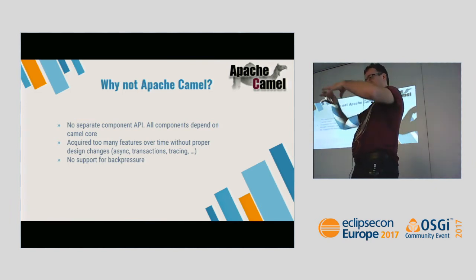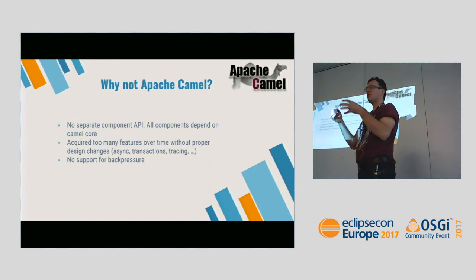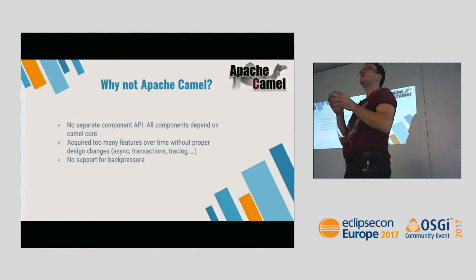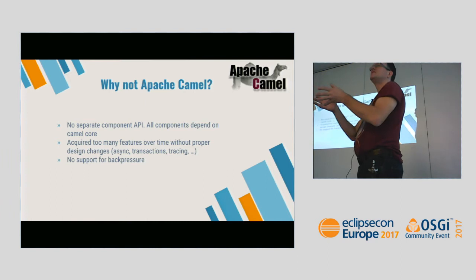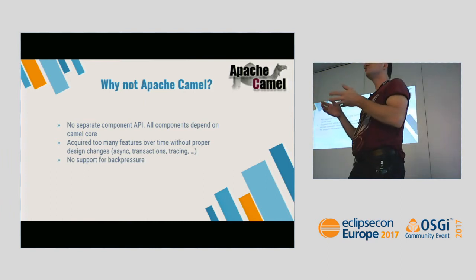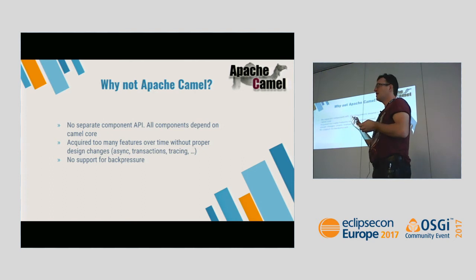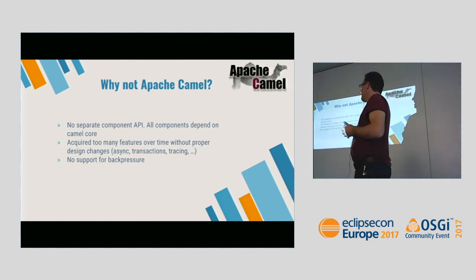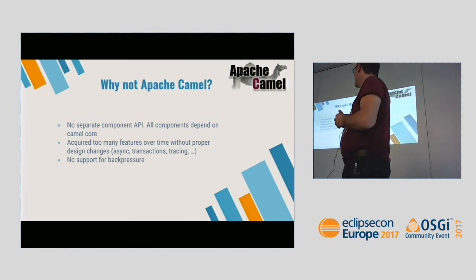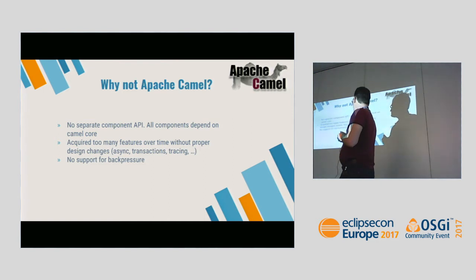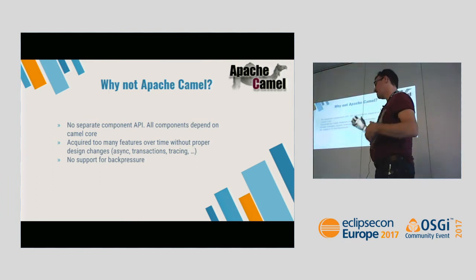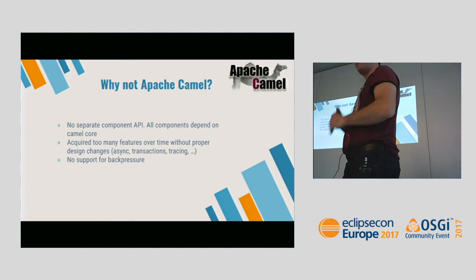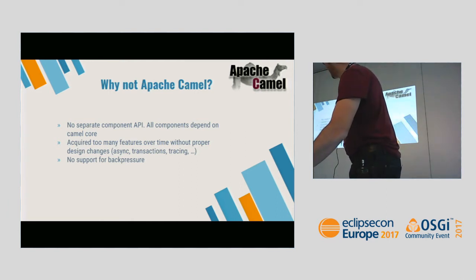So Camel Core is the core of Camel, but it's not only an API, it's also the implementation of the DSL and even some components. So every Camel component needs to depend on that, and because of that, it's not possible to really change a lot in Camel. So while Camel is not bad today, I doubt it will be good in 10 or 20 years because it just cannot easily evolve without breaking everything. And there's also no support for back pressure in Camel, and I guess adding that would be one of those breaking things that would make it tip over.